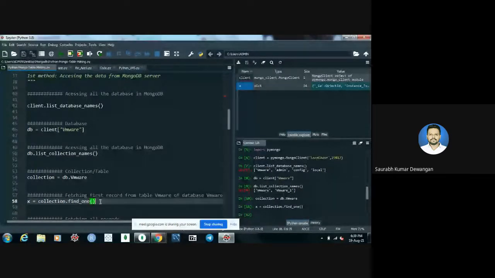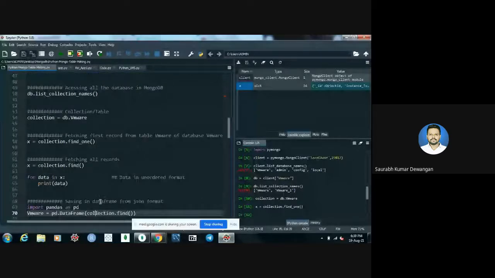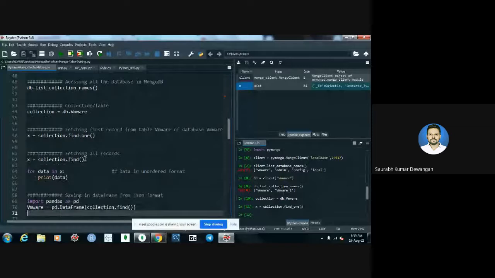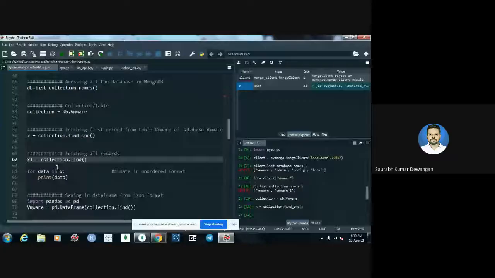Now we want to fetch the whole VMware table. For that, we have to mention collection.find, only find, because we want to find all the data, all the records from the table VMware. Let me change this variable name to x1. Let me run this line.